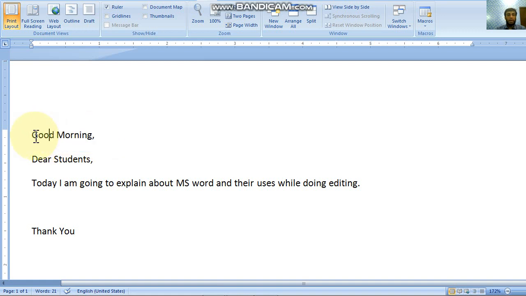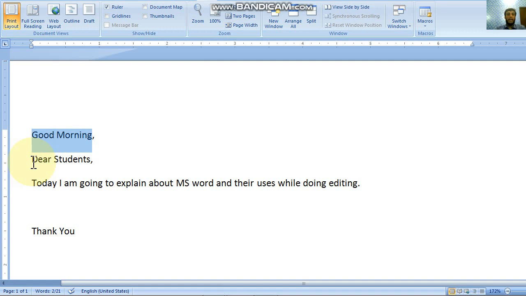Selection is also a very important part. Before editing you should know how to select. So selection means selecting text in a document. So here I point my cursor first, then press the shift key from the keyboard, then the right arrow key. So now it is selected.